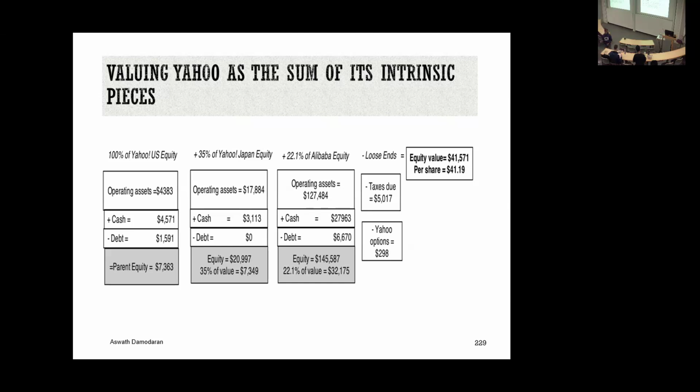So this is a rare case where I actually value the cross holdings. Why? Because the cross holdings had financials, and the other is the cross holdings are where the bulk of the value of this company comes from. When you're buying Yahoo, you're not buying Yahoo, the search engine. You're buying a piece of Alibaba and you're buying a piece of Yahoo Japan. And because it's so much of the value, I had to fill in the details. You have to do three separate valuations. Yeah, three separate. And thank God it was only three. Can you imagine if there were 15 cross holdings, how much more work would be involved?